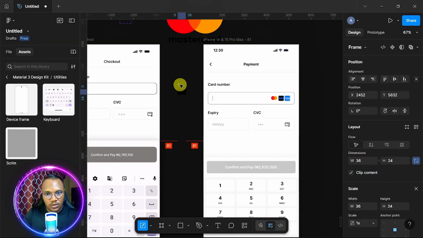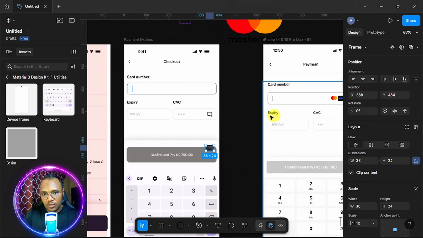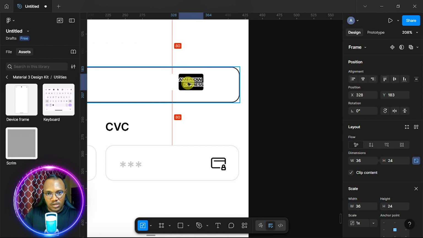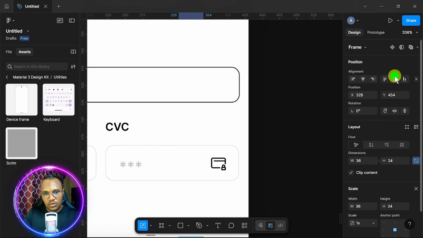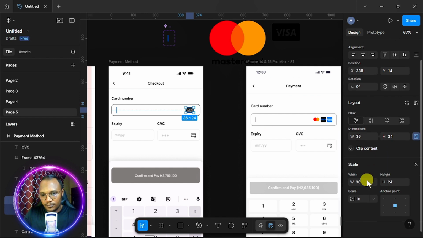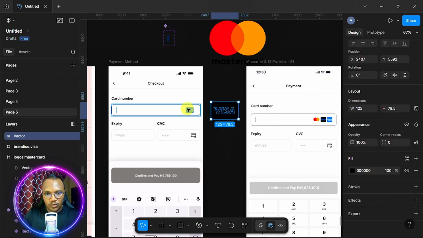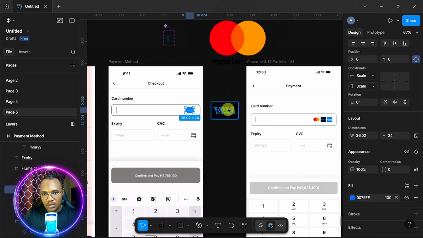So 26 by 24 is okay. So American Express, I would put it at the center, sorry. Bring it inside this frame, make sure it's inside. So bring it inside this way and put it to the center. So I'll just drag it and put it inside this frame, this way. So I'll just center it and I will change the color to blue. The size of this 36